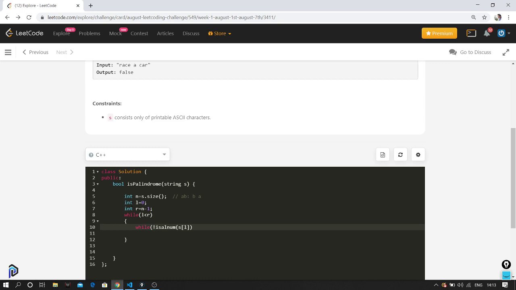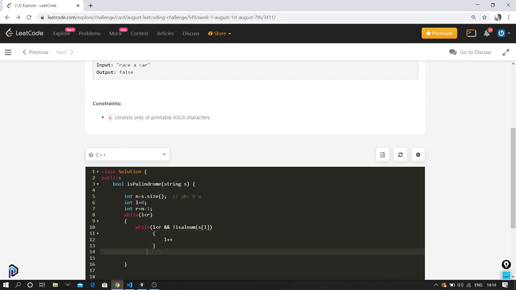If it is not an alphanumeric, I will increment it, and l should be less than r. That is another condition we need to keep. I'll explain why. So when entering, the left index should be an alphanumeric. If it is not, we'll be incrementing it.